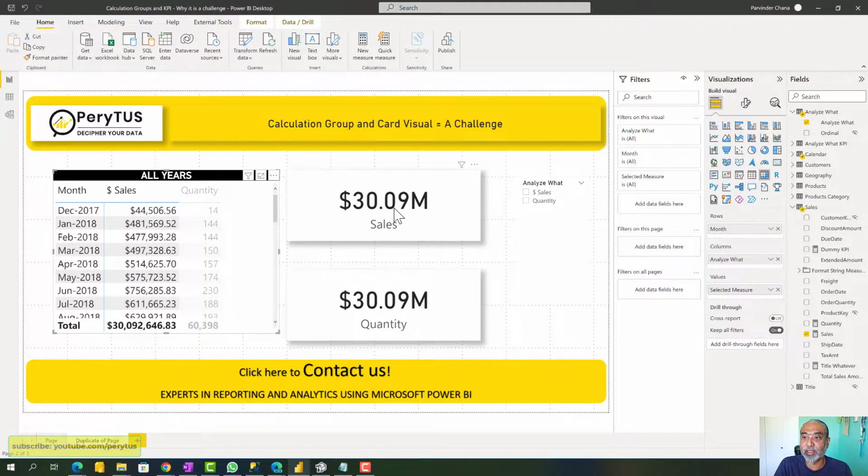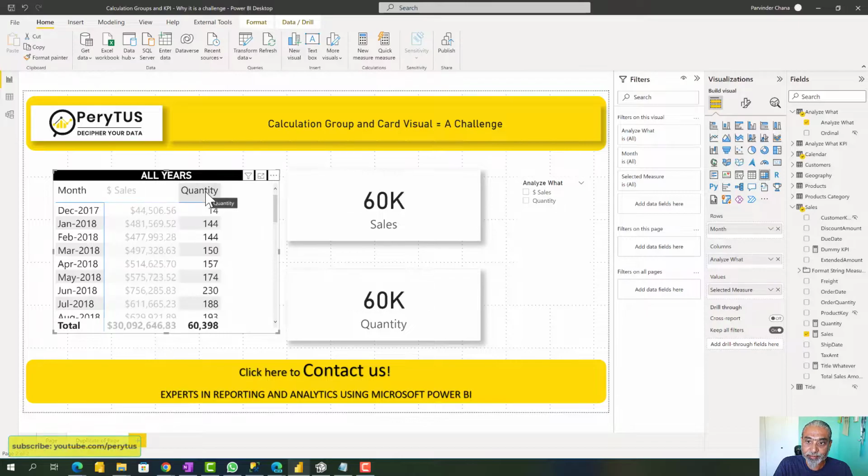So here I'm seeing 30 million sales and 30 million sales for the quantity. And if I select the quantity, the same issue: the total quantity showing me 60,000 numbers, and similar for the sales and quantity. Now I don't want this to happen. I want my card visual to stay as it is and not change. If a quantity is selected, the dollar sales should not change to the quantity, or when I select the sales, the quantity should not change to